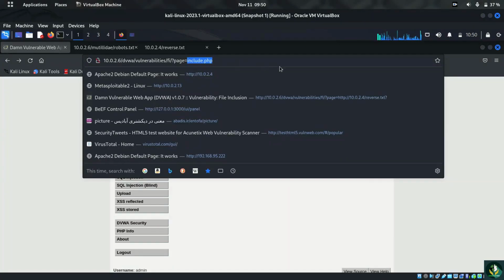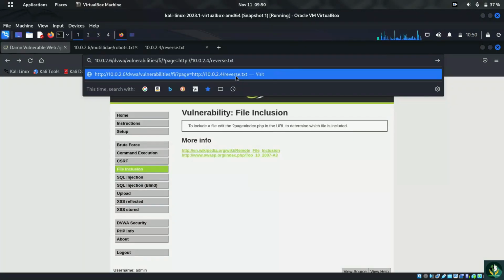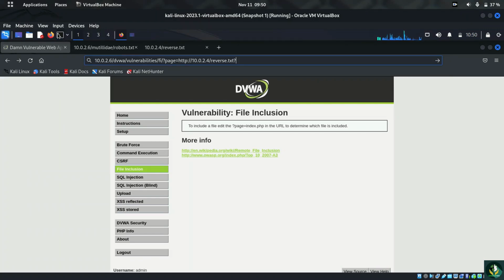Now instead of putting this, I'm going to put my own link, which is here, and at the end you need to use a question mark because you want to run the PHP file. So before I hit enter, I need to open a new terminal, and when the new terminal is opened,